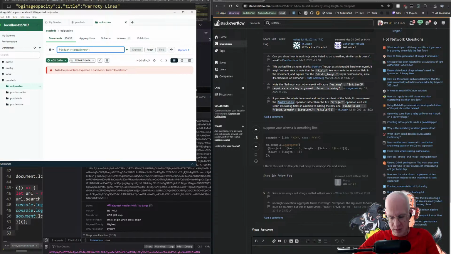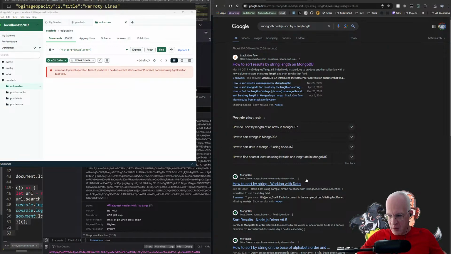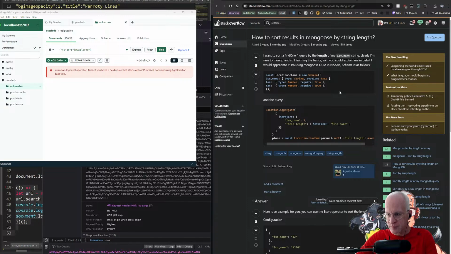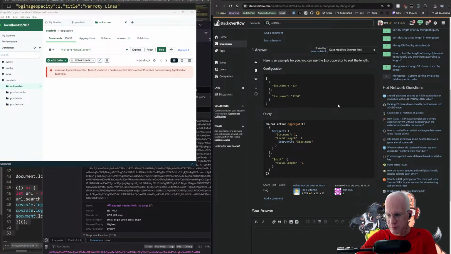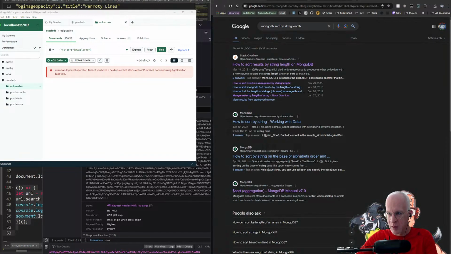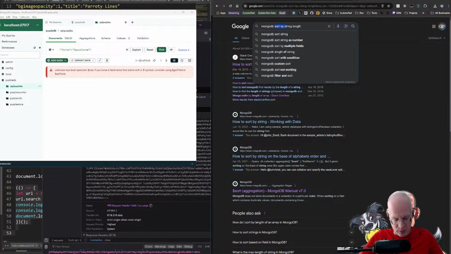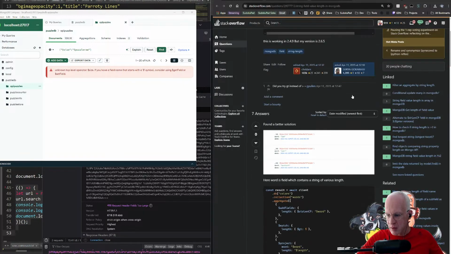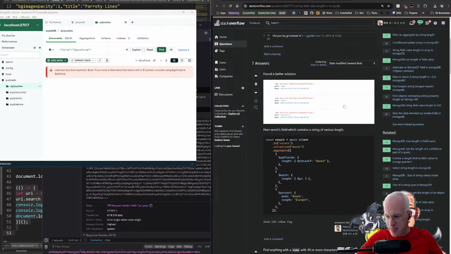What if I just do this? Oh, come on. No, I don't even need Node.js. I don't even want to sort. I just want to get the string length. If I can get the string length, I can sort by that later. Length, str len. If I do this instead,